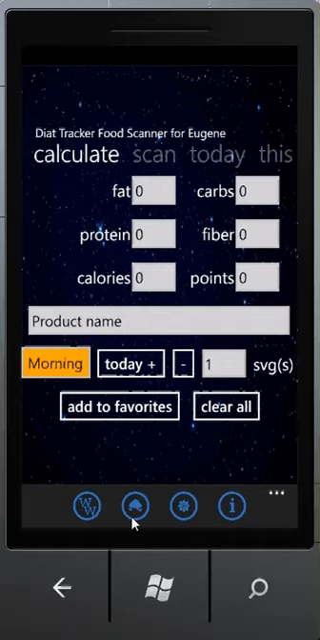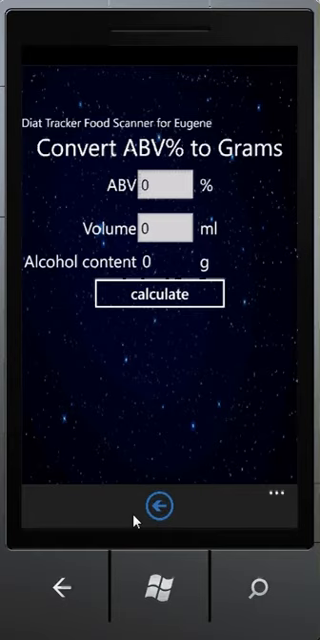Okay, so then this button is an interesting button. It is an alcohol entry. In other words, if you are drinking alcoholic beverages, you would need to use this button in addition to the other information in order to enter the alcohol content, which will change the points calculation. So if you click it, you will see that it will take you to a page where you can enter